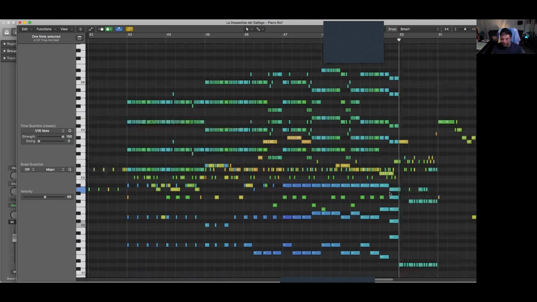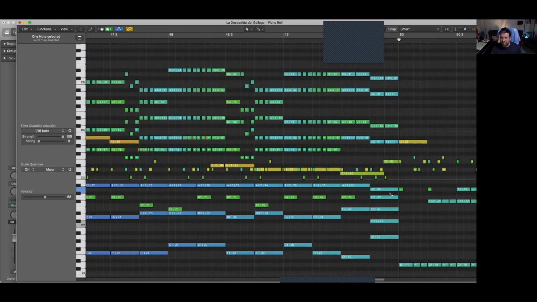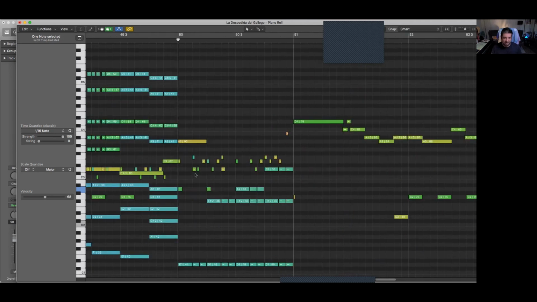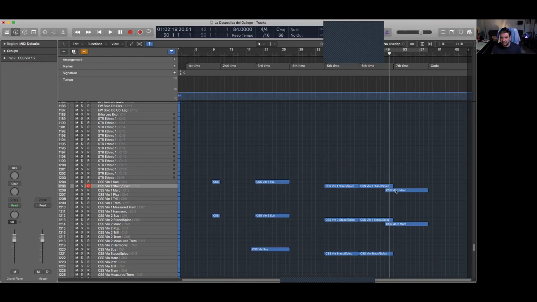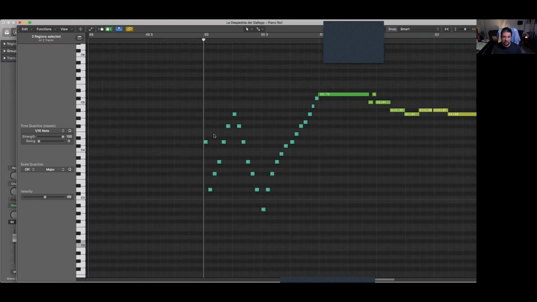And then this little run, I decided to have the strings play the sextuplet going through. Let me see if I can isolate that so you can see here. I did this with marcato strings in this little run. This is totally doable for strings, and it's fun. And then they do a little rising. I think I wrote almost like a quintuplet going up here just to get up to the high D. And this is just for special effect.